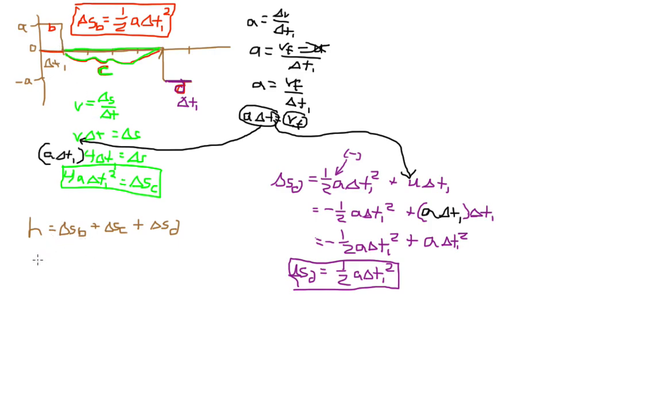Okay, so what does this all equal? Now I'm just going to put in all these values here. So for delta SB, I'm just going to write in 1/2 a delta t1 squared plus, right over here, for delta SC, it's going to be 4a delta t squared plus this